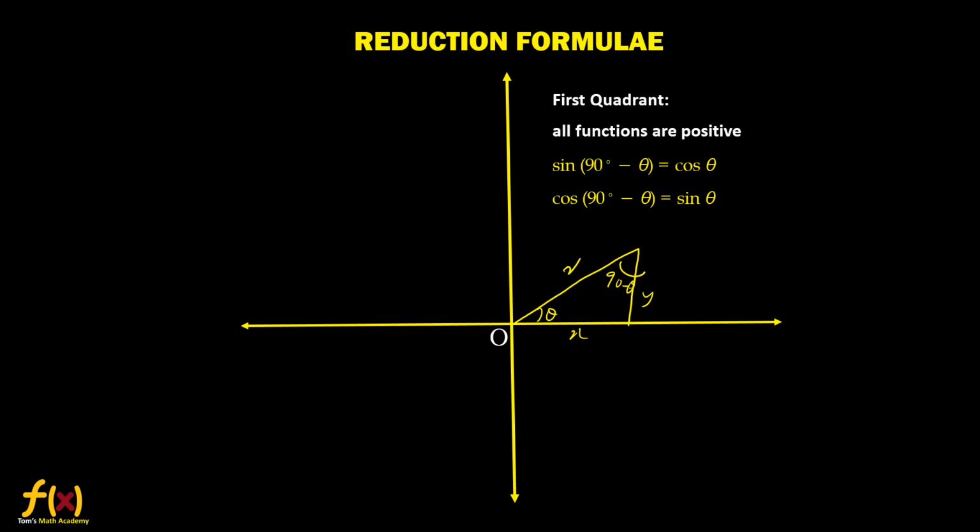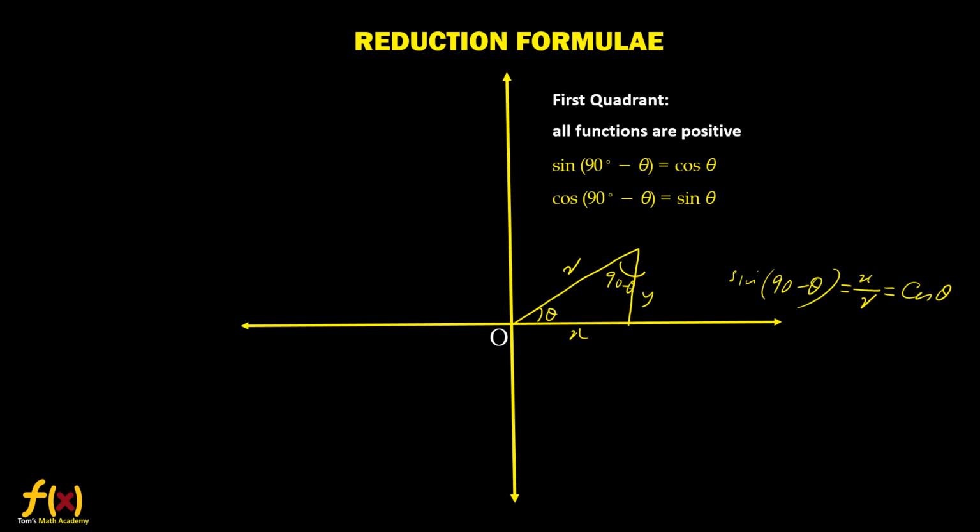What is sine of 90 minus theta? Opposite side, here look at this one, that is x. So I'm writing it here for clarity. Sine of 90 minus theta becomes, opposite side is x over r. What is actually x over r in connection with theta? That is our cos theta. Look at that. Okay, we get it.